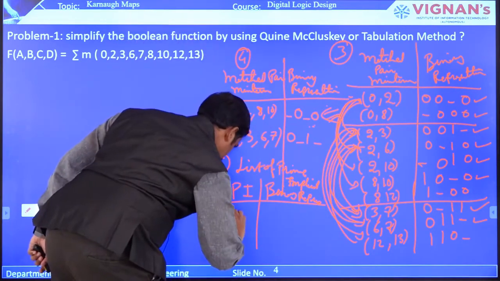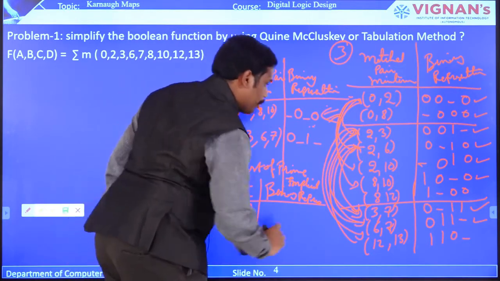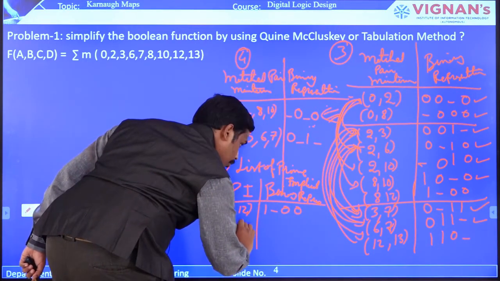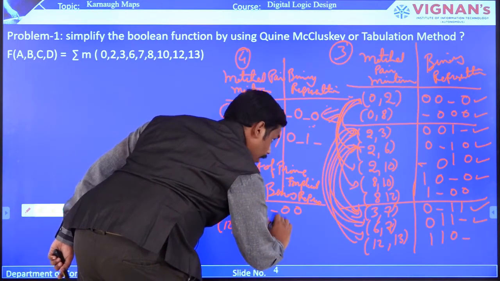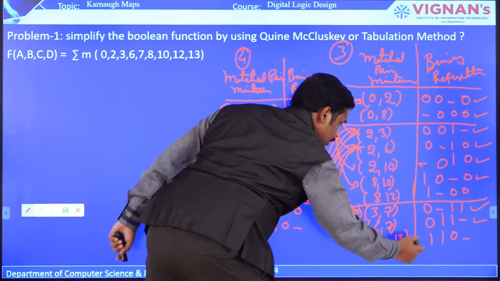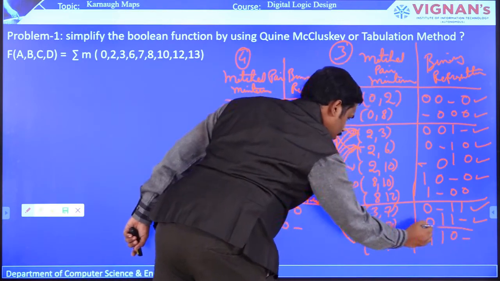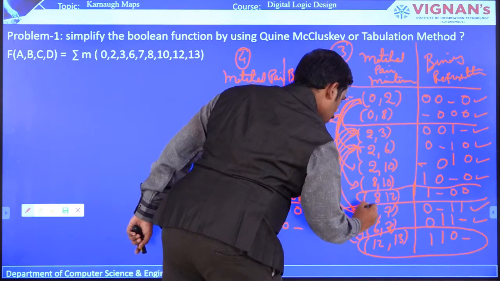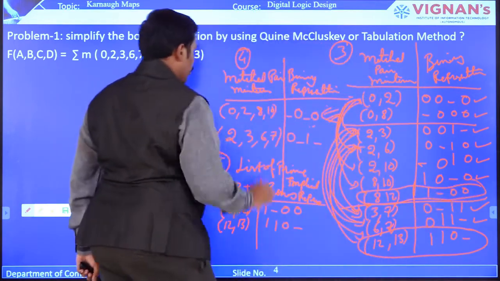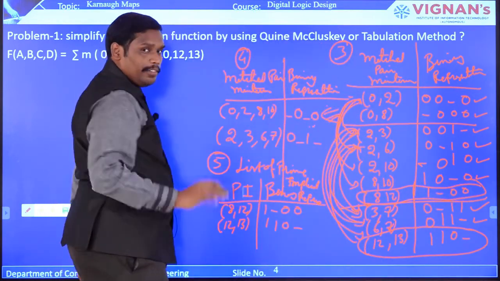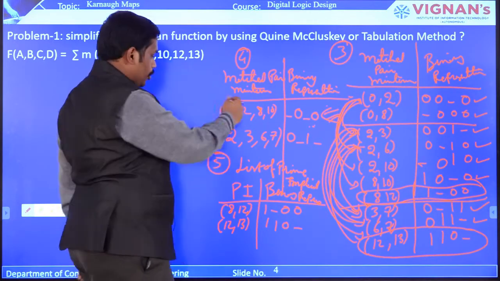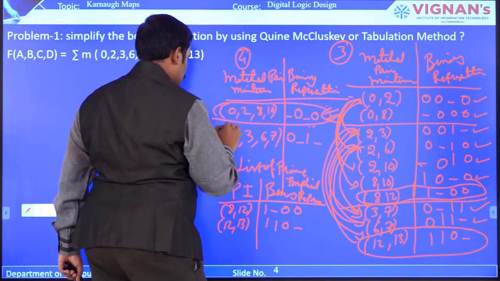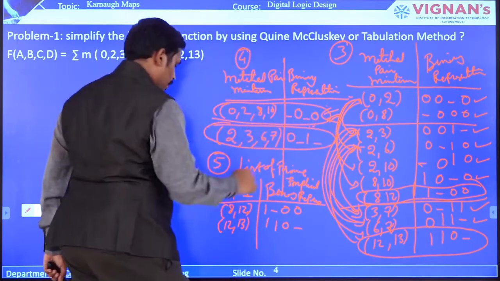So we will be writing 8 comma 12 and the corresponding binary 1 underscore 0 0, and then the second one is 12 comma 13, and that is 1 1 0 underscore, which is this part. So I am going to mark it, otherwise this is unmarked, this is unmarked, and you can check here there is no possibility of having a relation. So that is why you cannot have further matchings. Okay, so this is also unmarked and this is also unmarked. So these 4 prime implicants I am going to write.